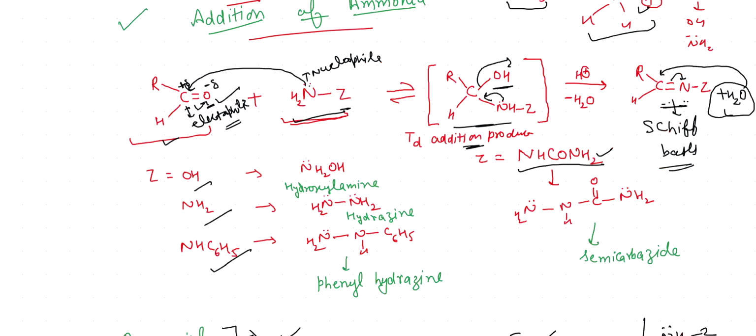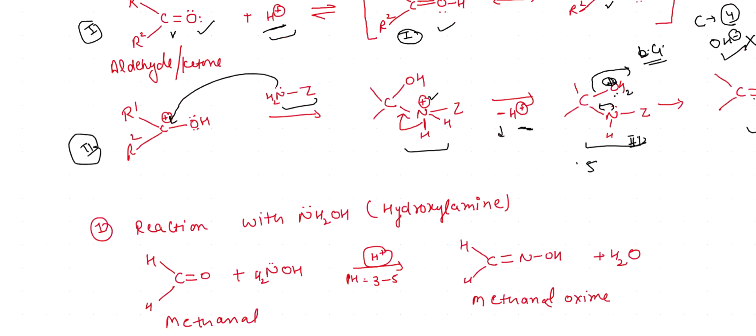All of these derivatives such as hydroxylamine, hydrazine, phenylhydrazine, and semicarbazide react with both ketones as well as aldehydes. So further, I will discuss how these derivatives react with aldehyde and ketone, what kind of product is formed, and what the names of the products formed are. The first is reaction with